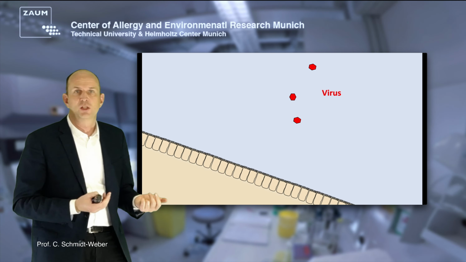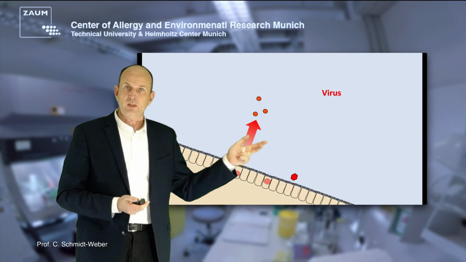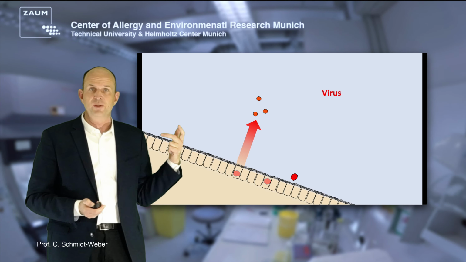On the other hand, if we look at virus particles, we inhale them on the same route, and also they have unfortunately contact to the airway epithelium. Before they kill their target cells, the epithelial cells are actually also producing mediators which are part of the antiviral response. And these mediators are specific for these virus particles in the sense that they are very different to those which we observe in the response to pollen.